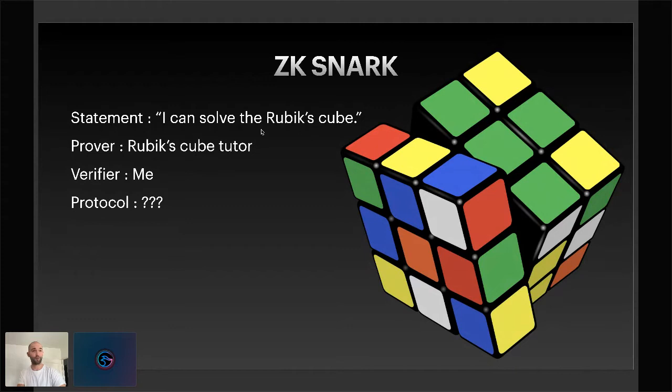So that's an example of a protocol, right? This protocol is the prover should film themselves shuffling and then solving a Rubik's Cube and send that video to me. So that video becomes the proof. And then the verification protocol is I watch the video and I decide whether or not the video seems legit. So I thought that this was a pretty good protocol. However, I got an email from someone. He said,